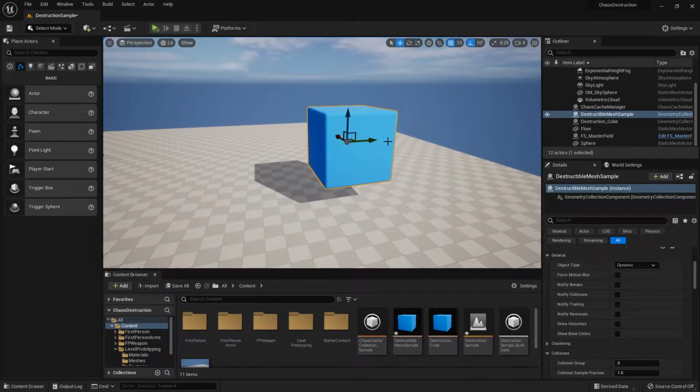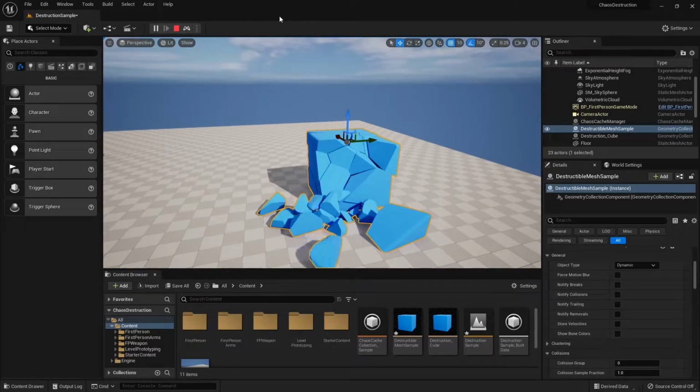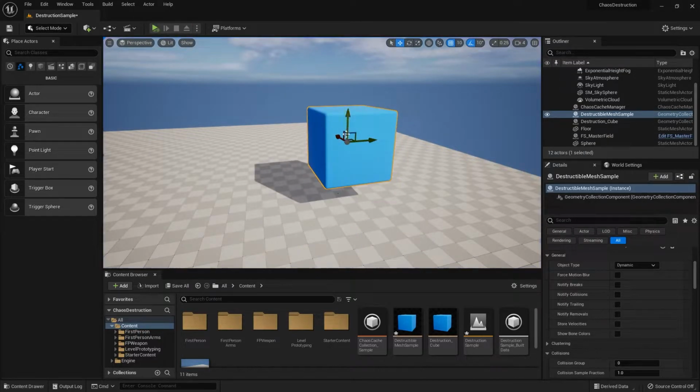Now, if I simply play this, you can see that the cube would just drop and then start fracturing on its own. So that is not what we really want when we start simulating the destructible mesh. So how do we make it so that when we start, it will stay in place and not fracture? We can do this by going to the object type over here and changing that into sleeping. By switching the type into sleeping, it will allow the simulation to only activate when something triggers it.